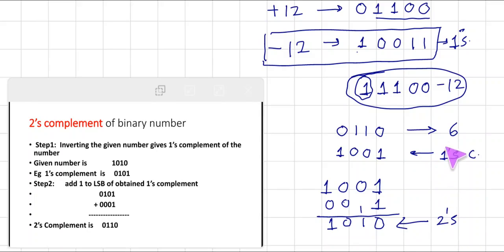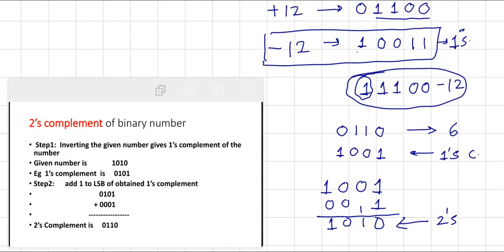So got it? This is the original number. In order to get the 2's complement, we have to get the one's complement of this number. Whatever one's complement we get, we have to add 1 in the LSB of the code, making a binary addition, and finally whatever code we get is called the 2's complement. Now this method is also used to represent negative number systems.